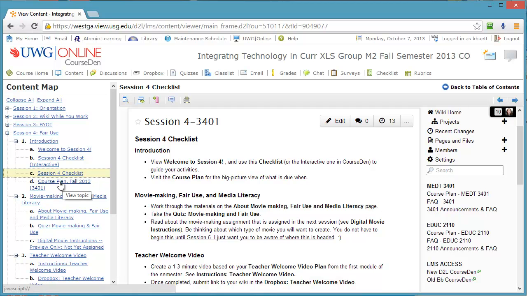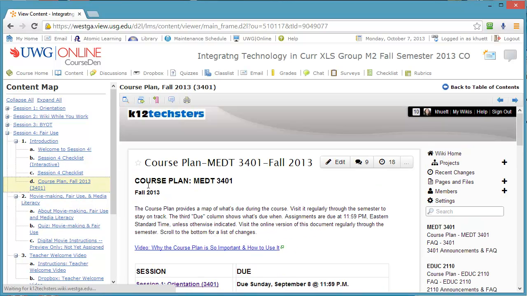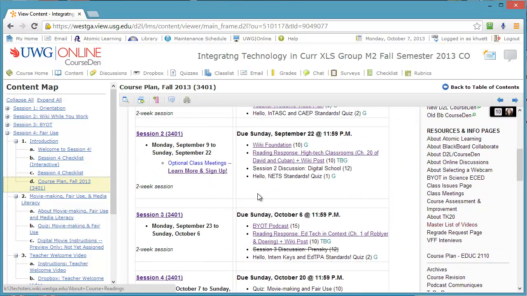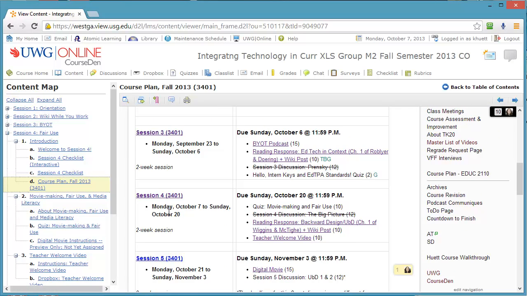And here is the course plan. Before we go into the checklist, why don't I glance at that course plan and show you, just big picture, one of the changes I made for this module. We are in Session 4, and as I looked through all of the items that you have to do this session, I thought, let's go ahead and remove that discussion. I looked at the discussion, and I kind of thought about having you do the Session 3 discussion, the Prensky discussion, but I still feel like there's a lot going on in this module,